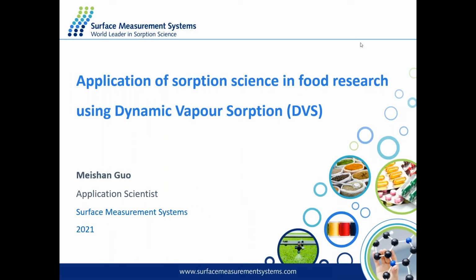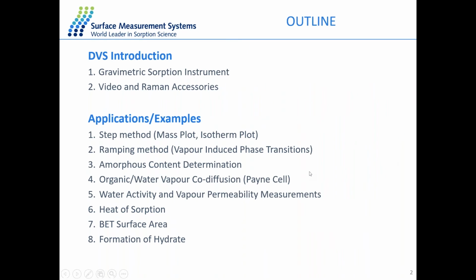That's great. So hello everyone, I'm Meishan, and thank you very much for joining today's workshop. In my first talk, it will be about the application of sorption science in food research, and we are using dynamic vapor sorption in this presentation. So here's the outline of the presentation. I will first give a brief introduction about the DVS technique, and then we can go into details about different kinds of applications, just giving you an idea about the capability of the DVS measurement that could be useful